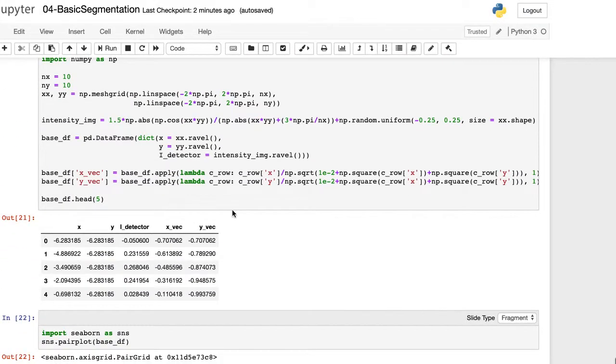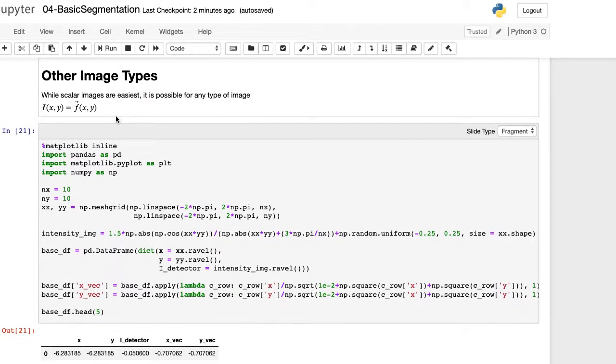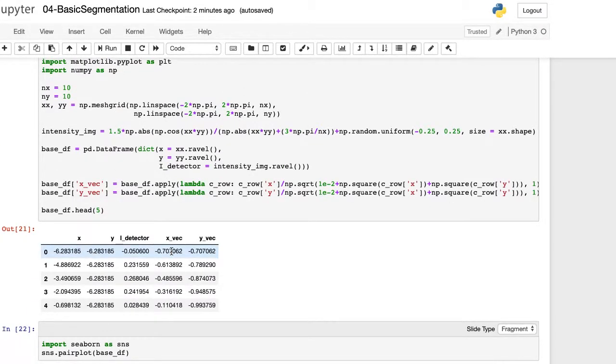We can also apply these same analyses to more complicated images. The images we've dealt with so far have just been grayscale images, but we can actually apply it to any type of image. If we have an image where there's a vector at each point, which happens quite frequently in weather, where you get wind patterns over a region of the Earth, or if you're dealing with flow images and trying to see how flow movements are happening, you can do segmentation